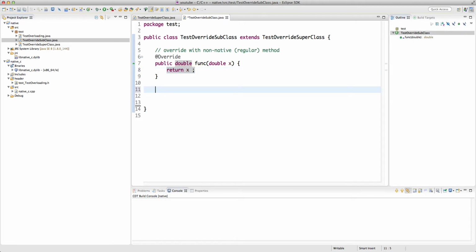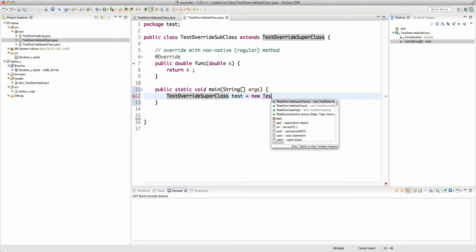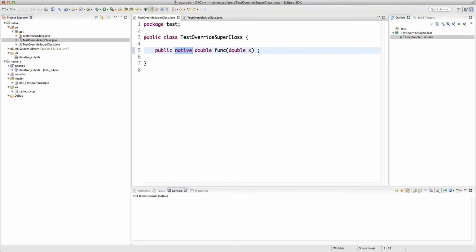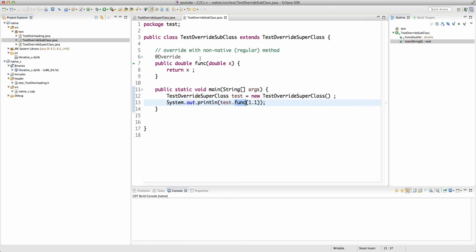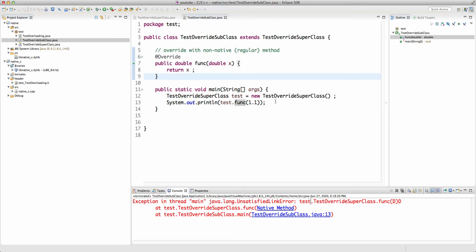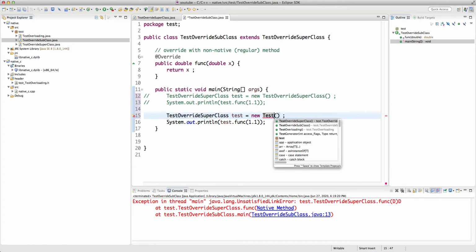All right, now let's say I create a main method here, and I say TestOverrideSuperclass test is new TestOverrideSuperclass, and then sysout test.func(1.1). This is not going to work, because we have not created a dynamic library for this. We haven't implemented this in C++, so this should throw an UnsatisfiedLinkError, which we see here. However, instead of doing this, if I use subtype polymorphism, which means I create a TestOverrideSubclass,